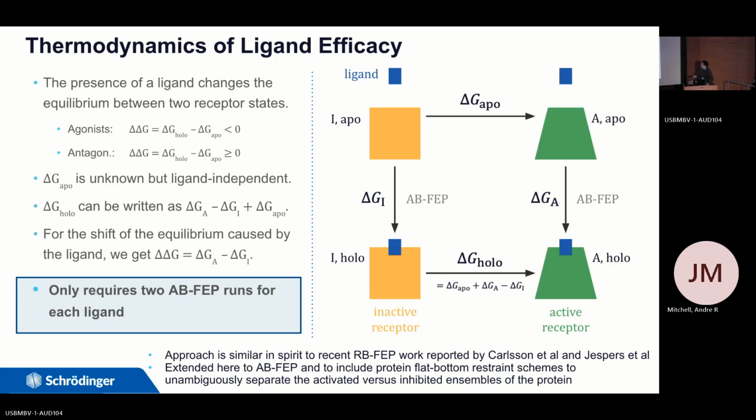presence of ligand. So if the function response of receptors is determined by the thermodynamics, then it's very easy to prove that the relative shift between those two distributions in the holo state versus apo state is fully determined by the relative interaction energies between the ligand with the two protein conformations. That is, delta G holo minus delta G apo is equal to delta G A minus delta G I. Here delta G A and delta G I refer to the interaction energies between the ligand with the active and the inactive